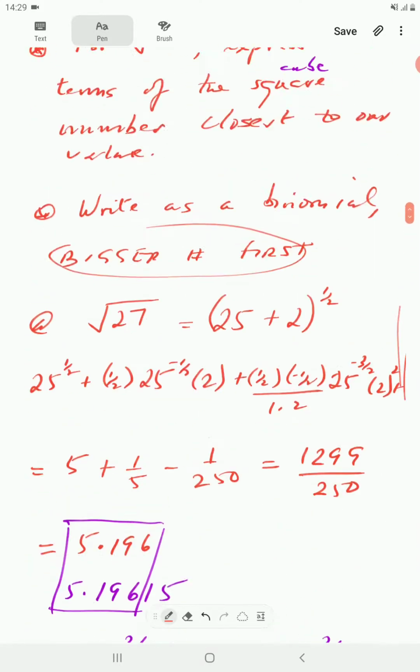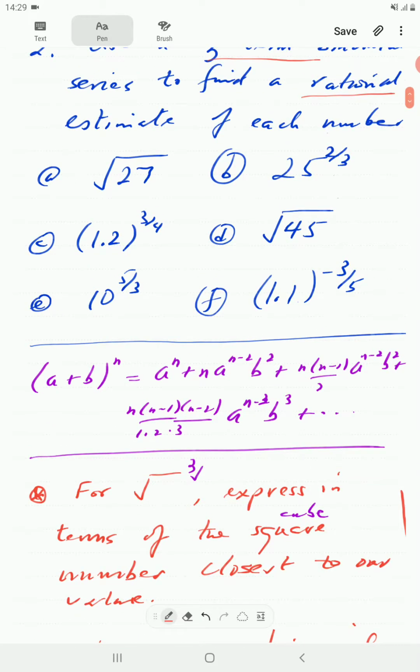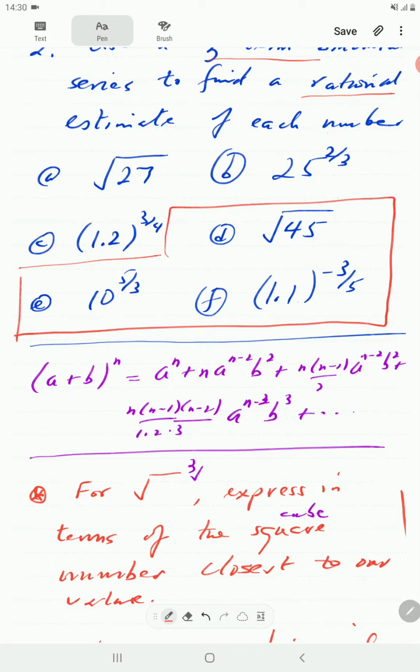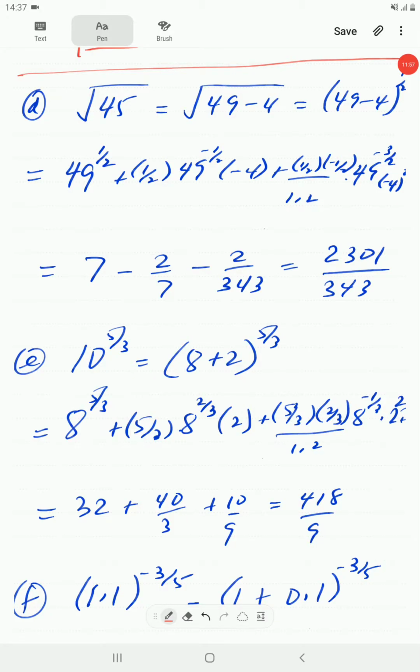Okay, at this point I'm going to give you the rest of these to have a go, and then you can just pause the video and then have a go at D, have a go at E and F, and then we will show our answers after this. So if you just press pause, try them, and then you can press play again. All right,